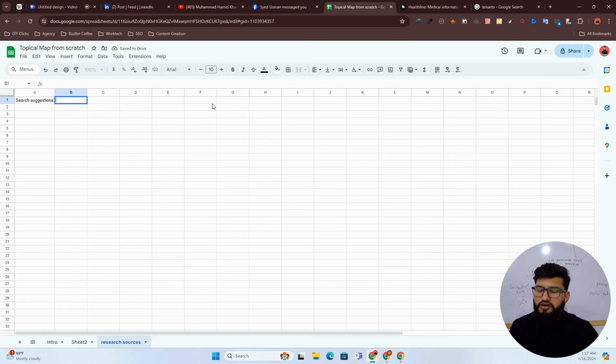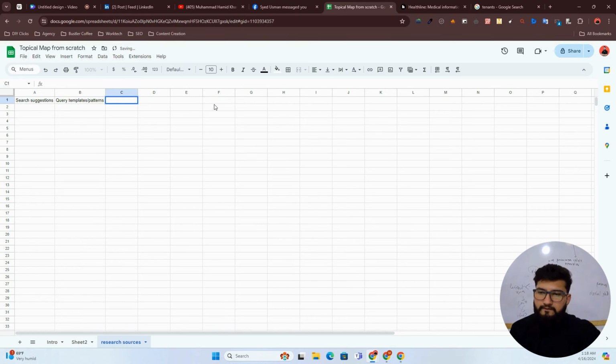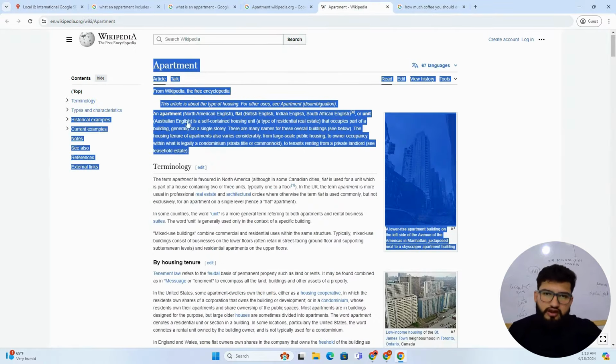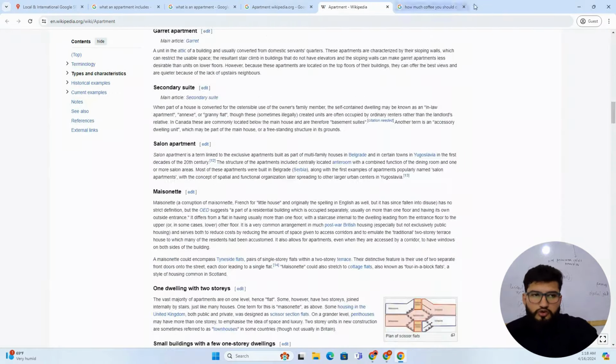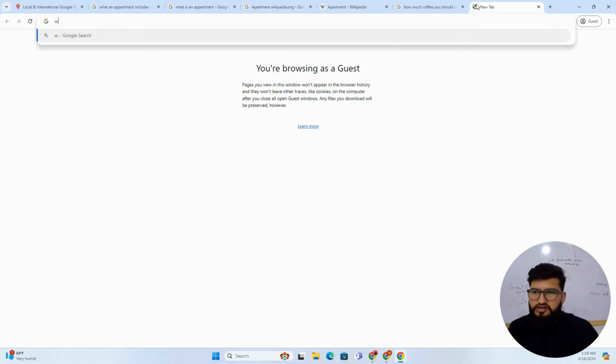More could be query templates or patterns. More could be the SERP main page, some dedicated pages like Wikipedia. And I would recommend not just focusing on one page of Wikipedia. I mean, if you go to Wikidata, for example,